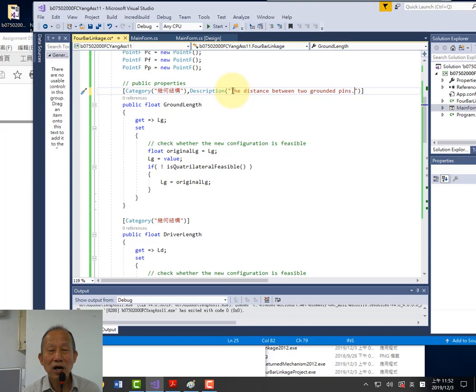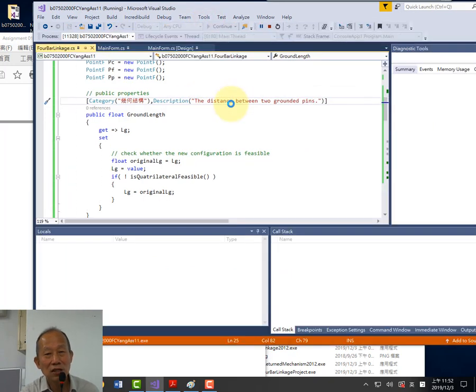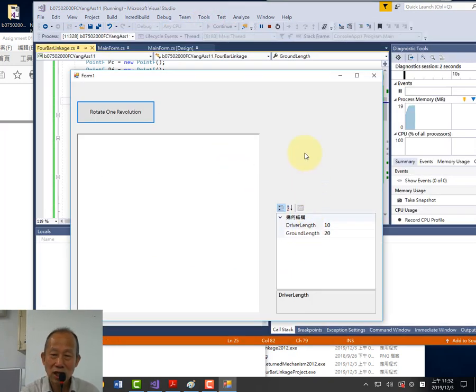Right, just add some description text for the user anyway. That will make your user interface much more acceptable anyway. 好，加一些东西啦 description 这些东西哈。